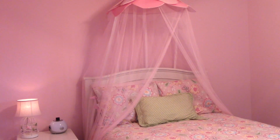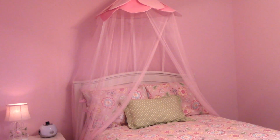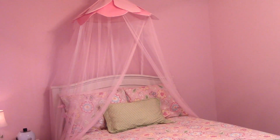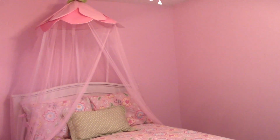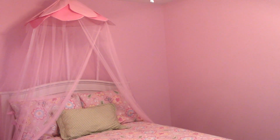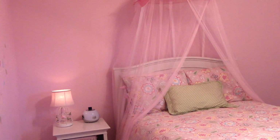Hey guys, so we are in my 8-year-old's bedroom. I feel like the lighting is very off. It looks a lot like Pepto-Bismol on my screen, but I promise her room color is not that hot pink. It's a very light kind of medium pink, which is what I wanted because I didn't want her room to look like Pepto-Bismol. And if you have seen my previous videos of my 8-year-old's bedroom, then you're going to think